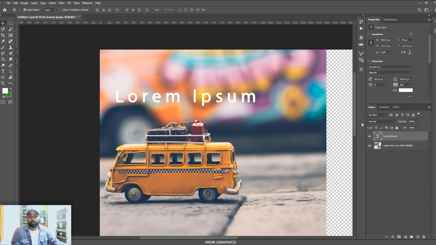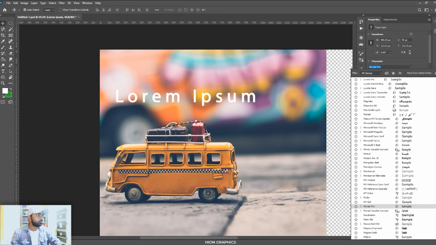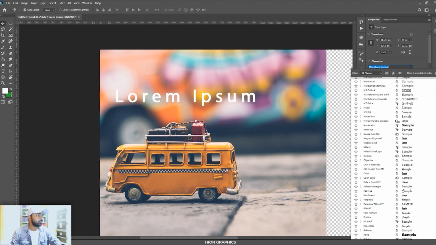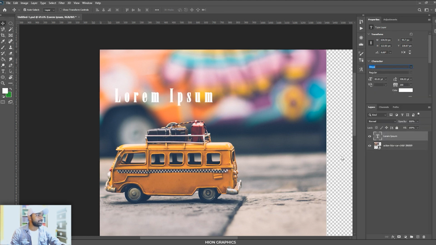So typography is a very important topic for understanding how you should write, how you type, whichever font you are choosing, whether it matches the things properly or not. Those things are very important, so we will be going through that also. But before that, just telling you the fonts. Here are the fonts. Everything related to fonts is here. You can select some of the fonts, like Onyx I have selected right now. Okay, so this is the Onyx font, and I can choose the typefaces, like whether it should be regular or other types of it.